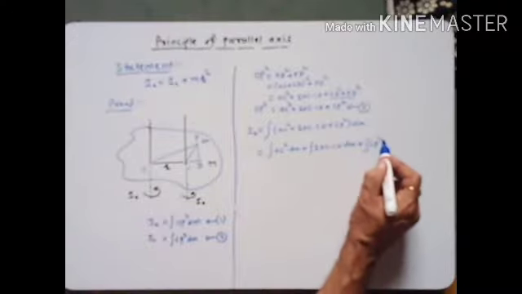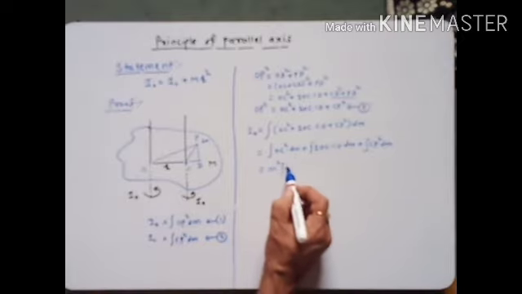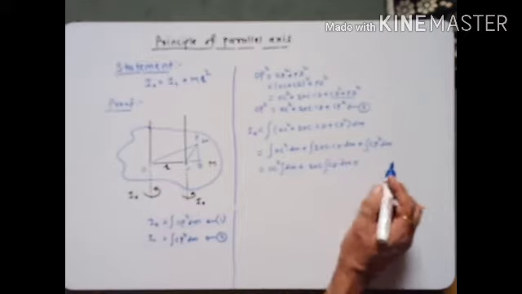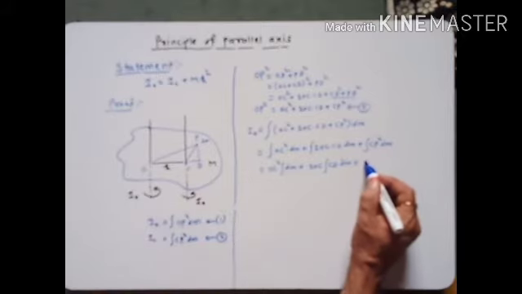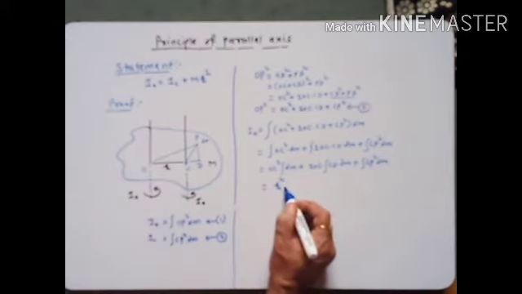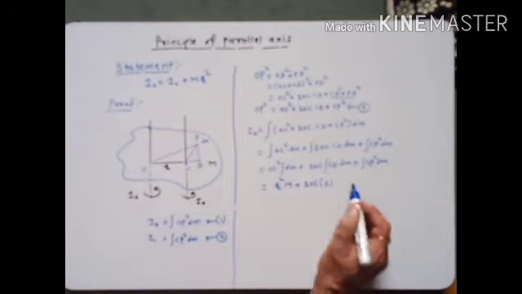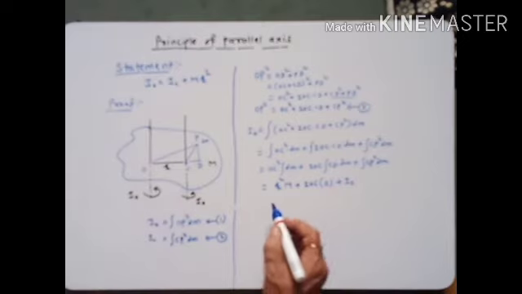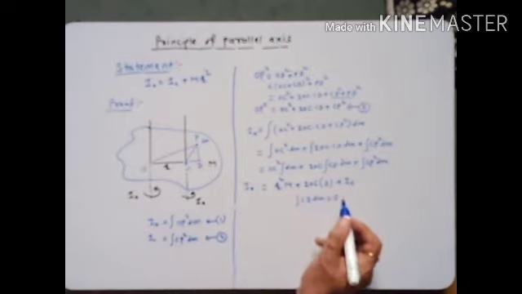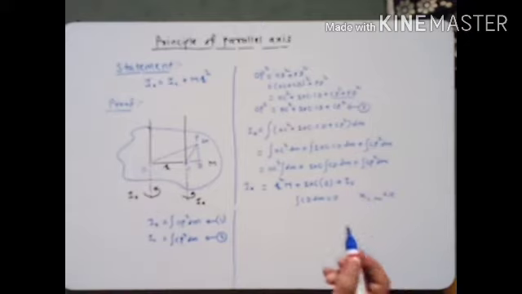plus integration of CP squared dm, which is equal to, now OC we take outside, OC squared integration of dm plus twice OC integration of CD dm plus CP squared dm as it is. Now OC means R, so R squared, and integration of dm means total mass M, plus twice OC, we write this integration as 0 plus I_C. Here twice OC into 0, because integration of CD dm is always 0, because the x coordinate of the center of mass is always 0, and therefore we can write